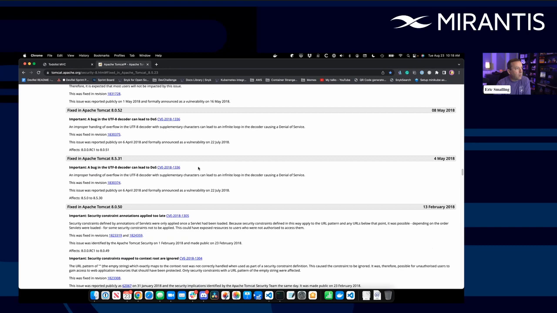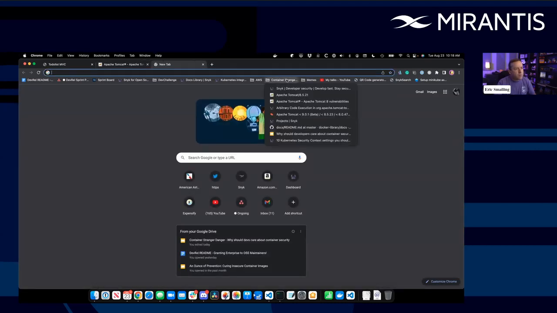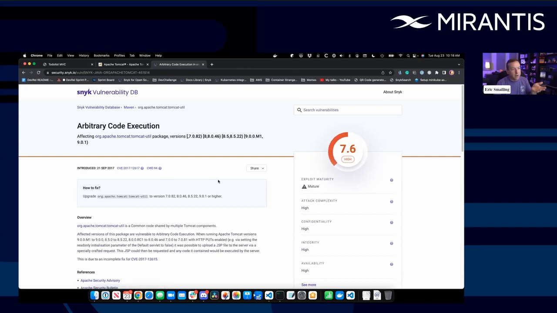I happened to stumble on this while drinking my coffee one day. Oh, there's a remote code execution vulnerability that was fixed in Apache Tomcat 8.5.23. That tells me that anyone who's not been upgraded past that might be vulnerable. So if I look at the CVE for this, I'm just going to open another tab. CVE being the common vulnerability information. Here's the Snyk vulnerability database. This is just like MITRE's. Our security teams add a little extra metadata to make it look pretty, but this is basically what you'd see on MITRE.